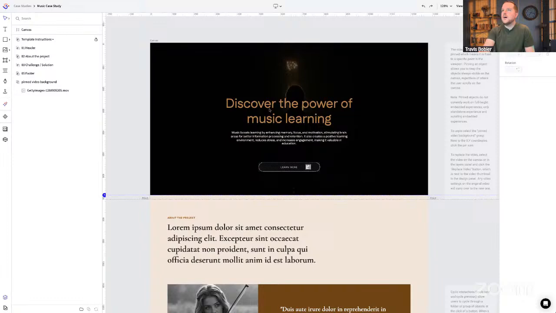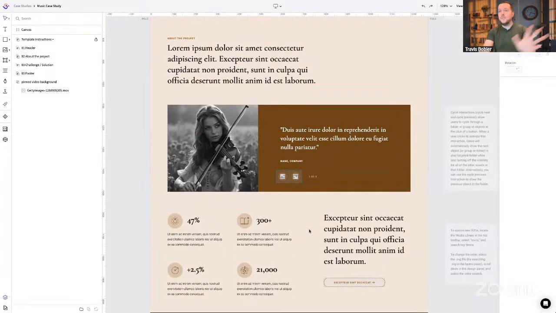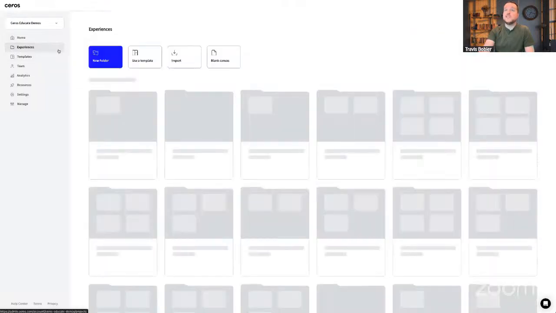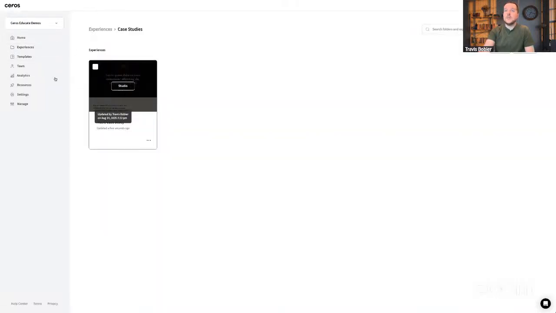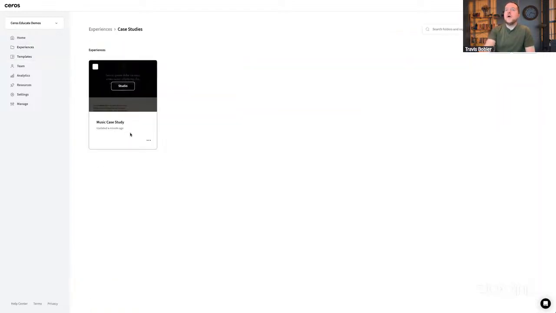Update your copy, update your brand fonts, your colors. And then once you have a template finished, let's pretend I completed working on this template and I've got it ready to go to send off to my viewers. Then the real beauty is that I can make this into a template experience of my own. So check this out. So earlier I talked about the template gallery here, which is again a place where you and your team can have your own experiences as templates alongside the Ceros Inspire ones. But if I know that maybe I'm going to use this case study multiple times and reiterate on it and scale it,